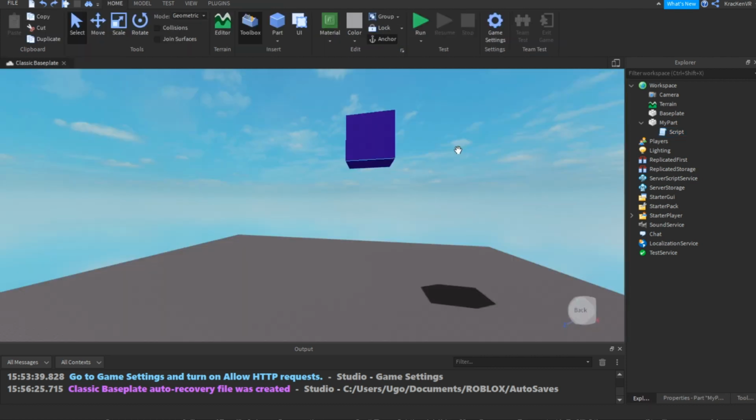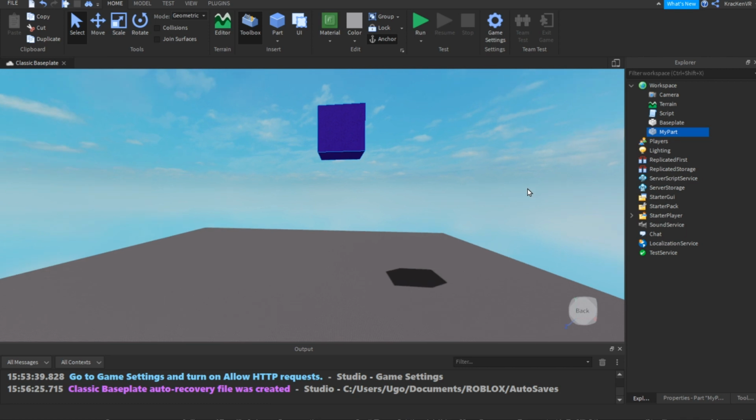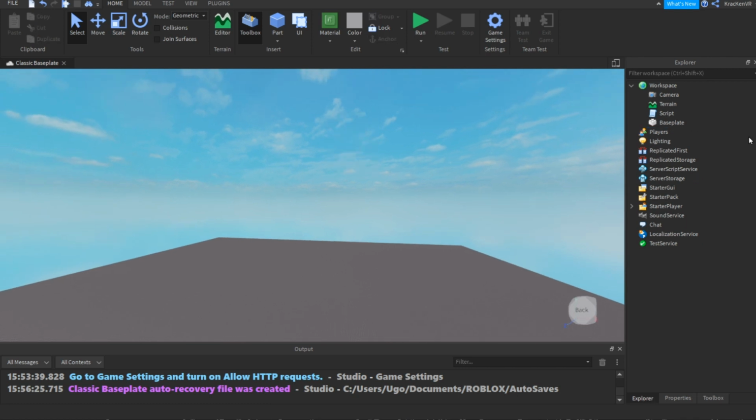Now you can put the script into the workspace instead of the part. We can delete this part, and now we can run,